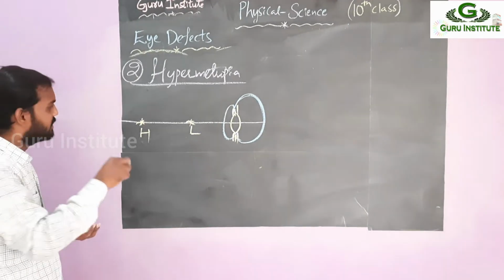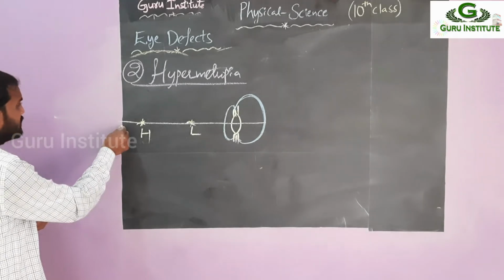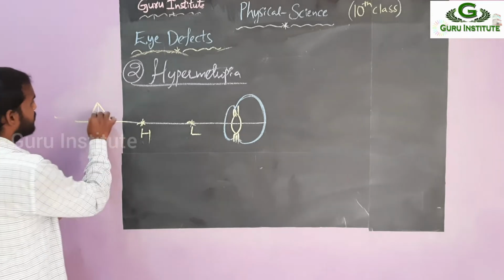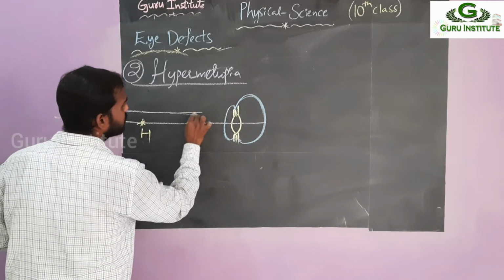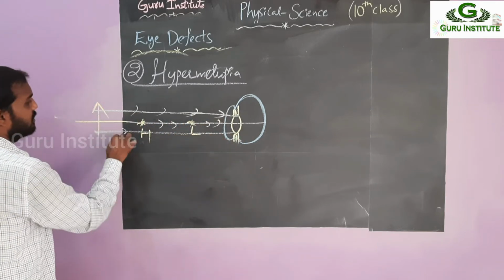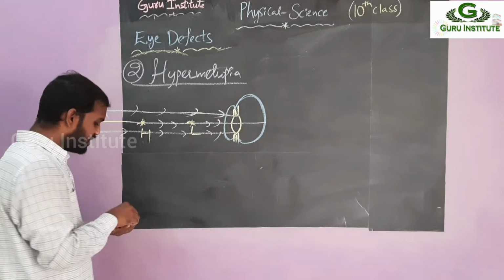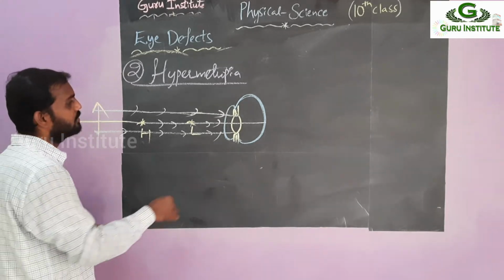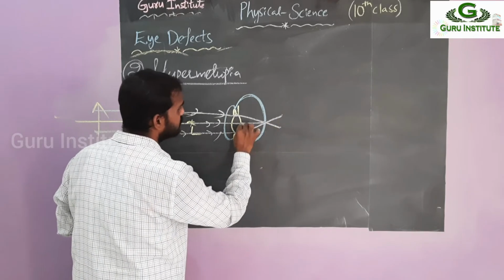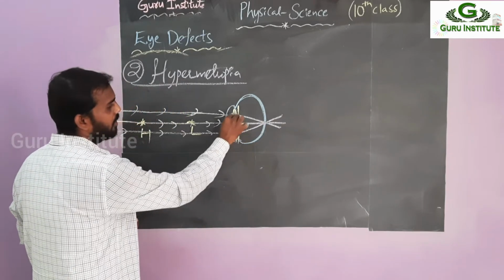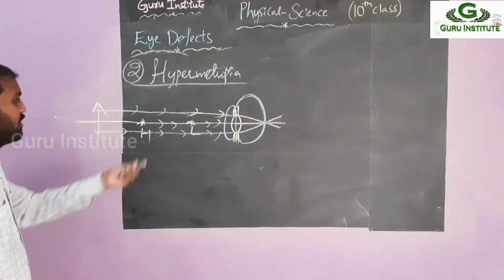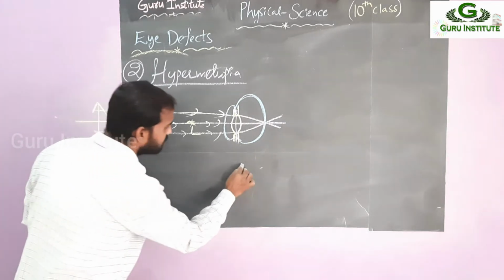Suppose any object is after H like this. Then what will happen? Again you can take the parallel lines: first line, second line, third line. Then after merging, what will happen, you can see, from after the pole they will start diverging. What is that? Converging after refraction. The first picture is over. So coming to the second picture.